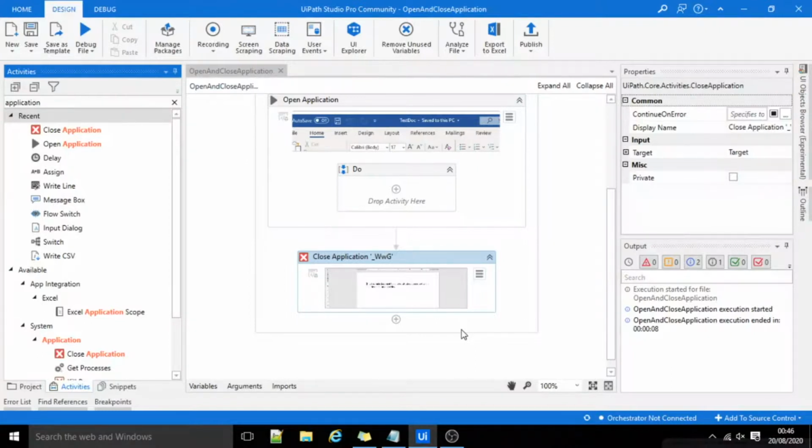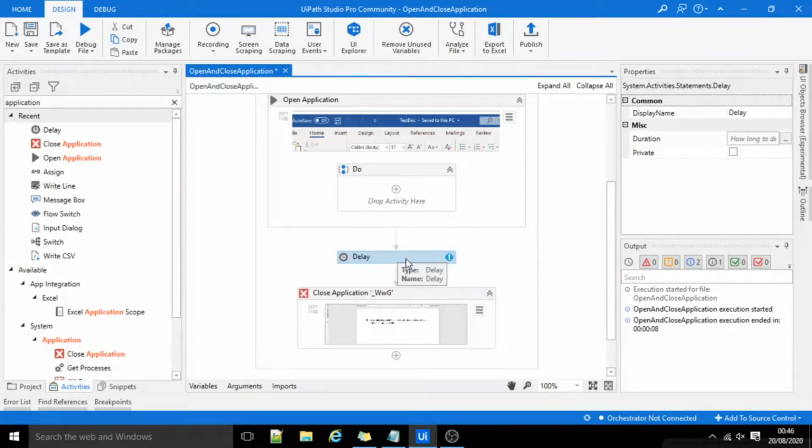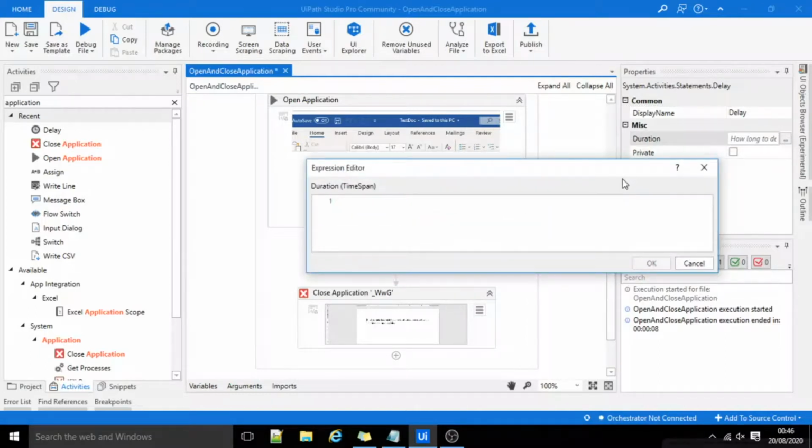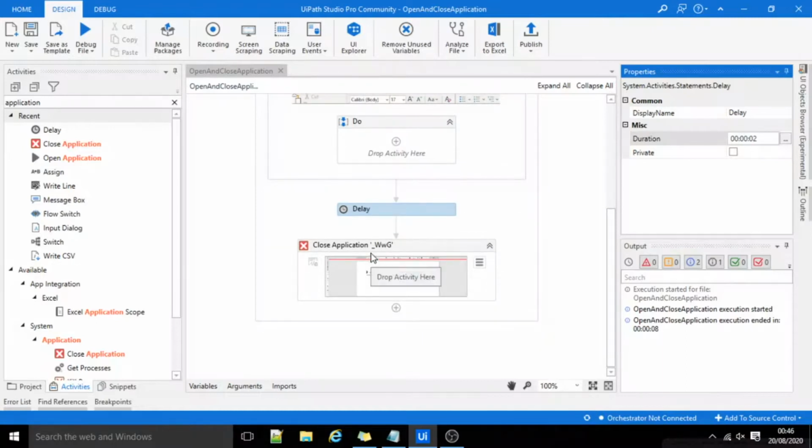but I will apply one delay activity over here so that we can have a look at the document. I'll apply a gap of 2 seconds. It will open this document, wait for 2 seconds, and then execute the next activity, that is the close application activity.